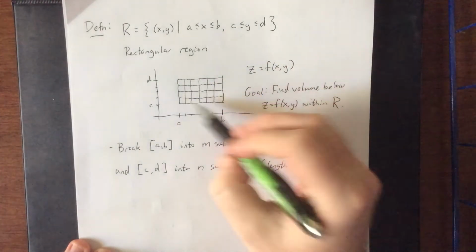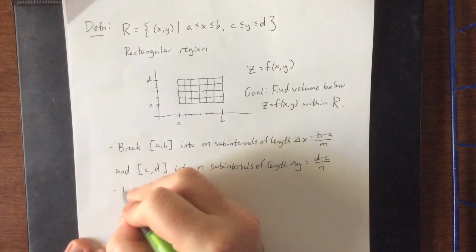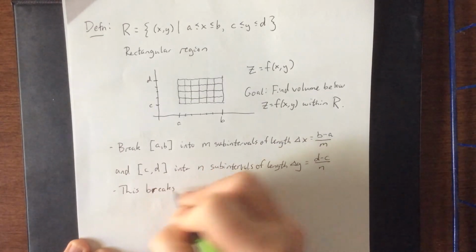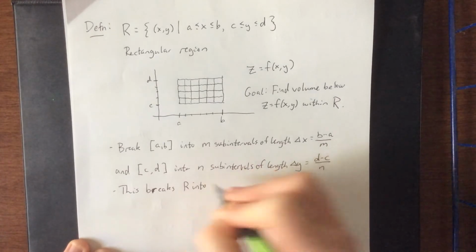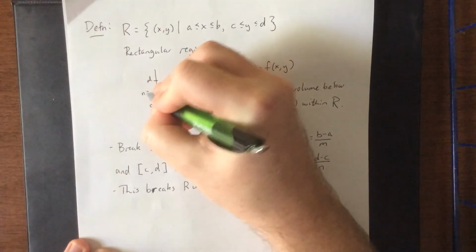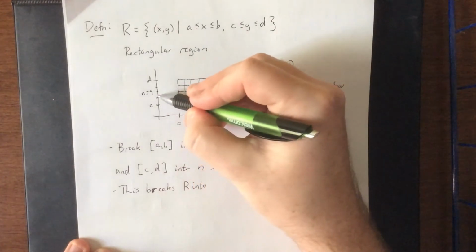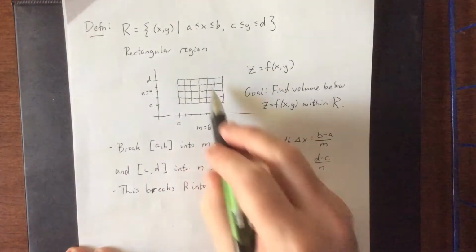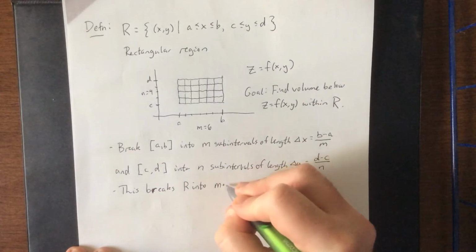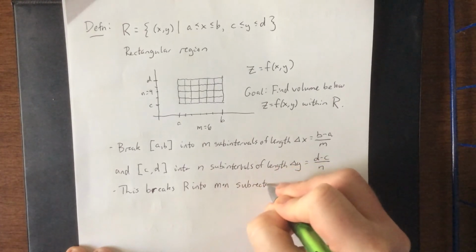Now you'll notice that that breaks the rectangular region into a bunch of little sub-rectangles. So we'll point out this breaks R into a total of, well, in our example this was m equals 6 and n equals 4, because you see 1, 2, 3, 4, 5, 6 subintervals and 1, 2, 3, 4 subintervals. You'll notice that there are a total of 24 subrectangles now. That's not a coincidence, that is the product of m times n. This breaks R into m times n subrectangles